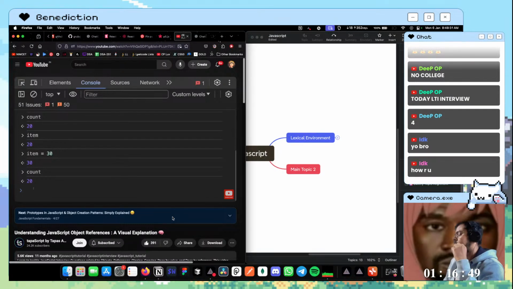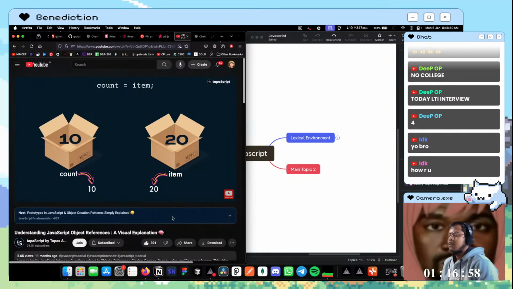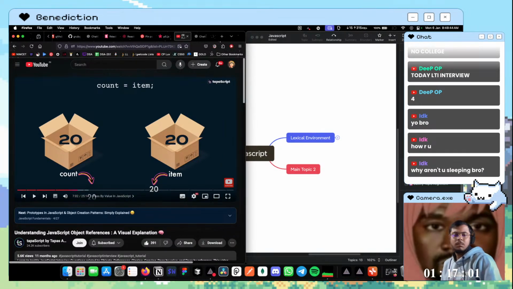So every time you assign something, it is directly getting stored, and it doesn't have any reference to anywhere because we are handling a primitive value or primitive data type. Now see this pictorially. In this case, if we do count equals to item, what happened? The 10 goes off, a new value 20 comes here. The count value